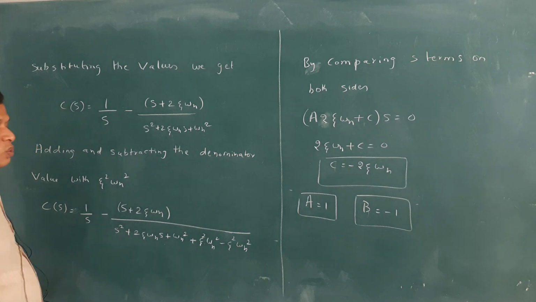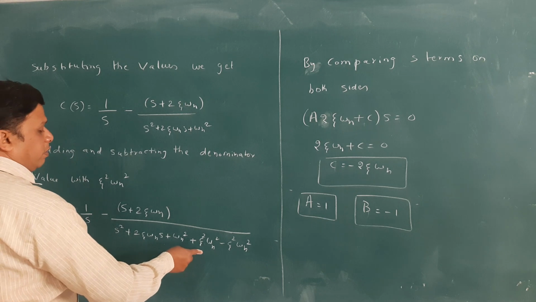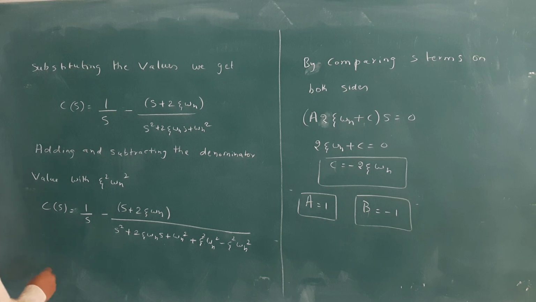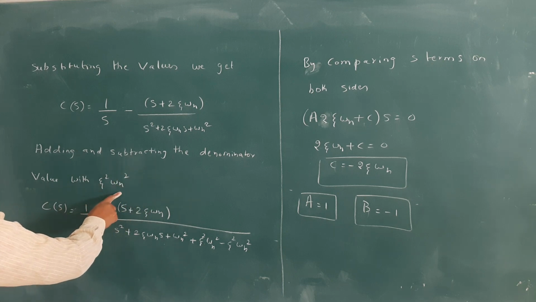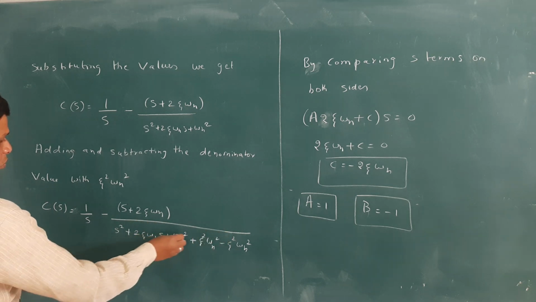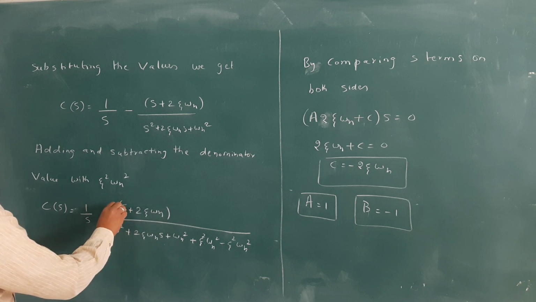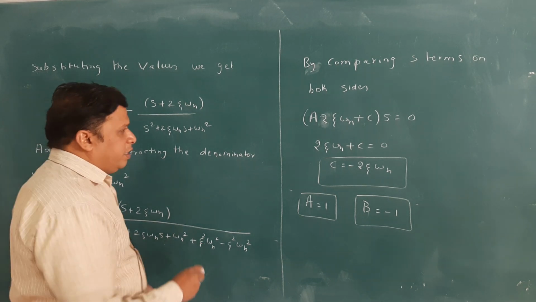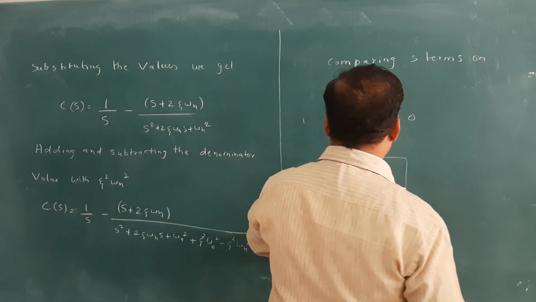So this one we are doing, students, for getting into a standard form. This is a zeta square addition and subtraction, so it doesn't make any difference. The equation is added and subtracted with the zeta square omega n square product. Now we will arrange this in some value, so that we will get a standard form to deduce the complex equation. As we said, we are going to make it a small equation. Now we will do that one.